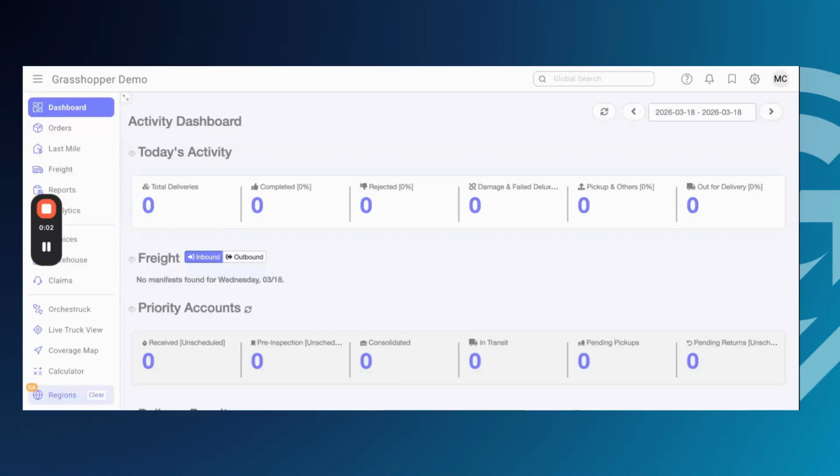Welcome to Grasshopper Labs. In this video, we're going to be creating a home delivery manifest that allows for automated